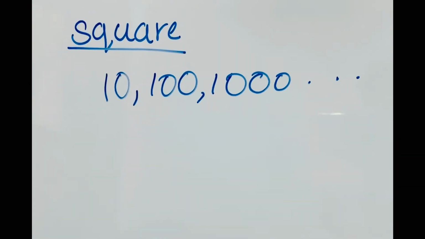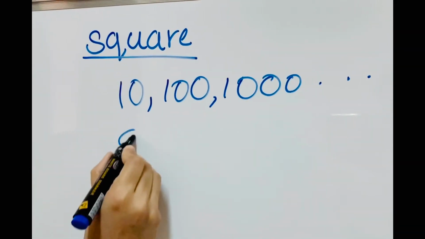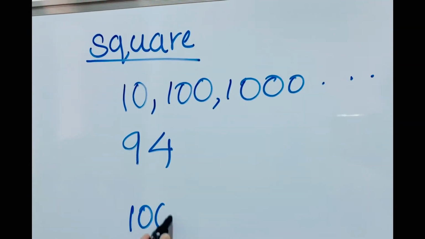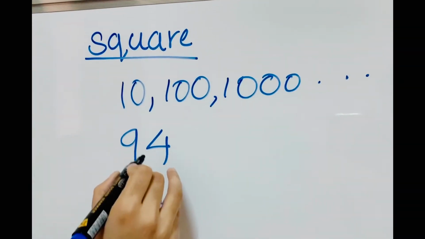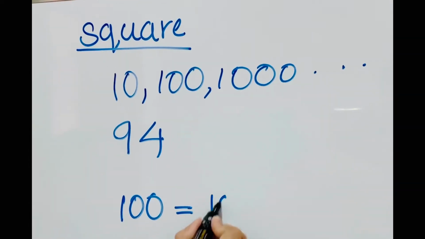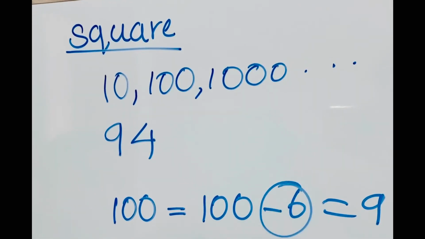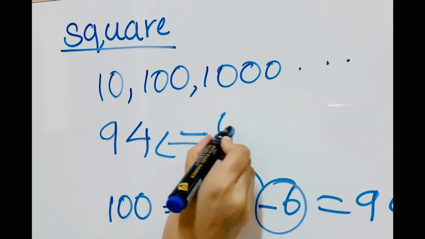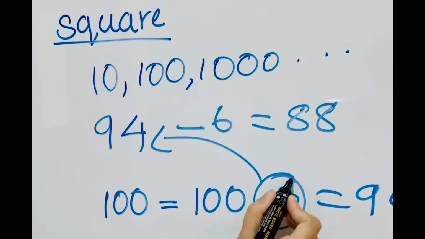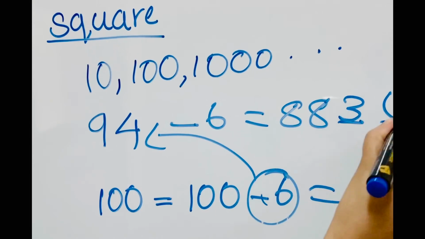Now how can we find the square of a number if the number is less than 100? Suppose we take 94. Here also the base is 100 because it is close to 100. The difference is 100 minus 6 is 94. Here the difference is minus 6. Just minus 6: 94 minus 6 is 88. Then the square of 6. We need two numbers. The square of 6 is 36.